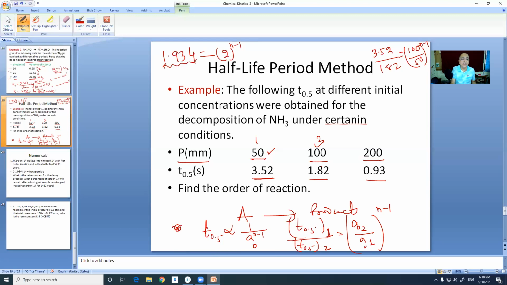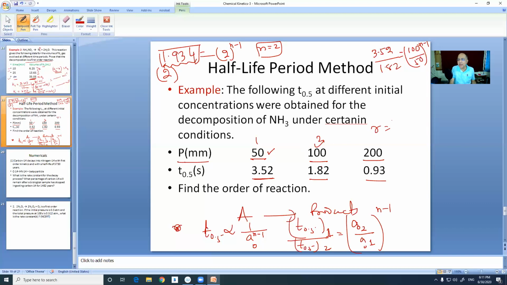So is it not approximately equal to 2? If you say it is approximately equal to 2, then what will be the n? n cannot be 1. 1 minus 1, 0, anything to the power 0 is 1. So here 2, here 1, not possible. If n is equal to 2, then 2 minus 1, 1. So this will be approximately equal. So n will be 2. It cannot be 3. If it is 3, it will be 2 square, 4. But you cannot round up 1.93 to 4. So the only possibility of whole number is n is equal to 2. Then the two sides are more or less equal. By that, you can know the order with respect to that reactant is 2.